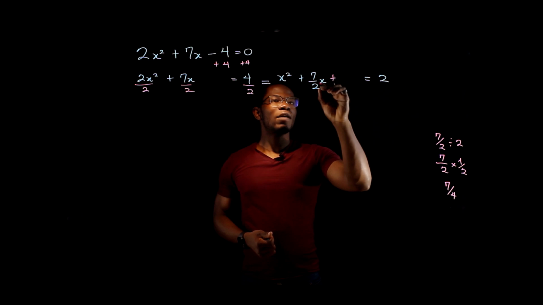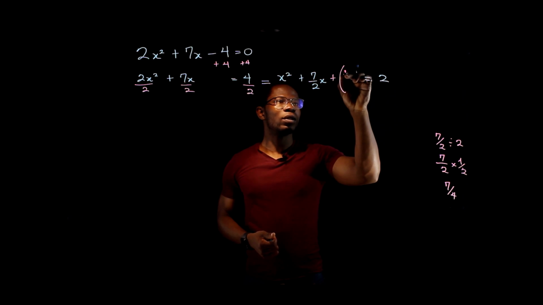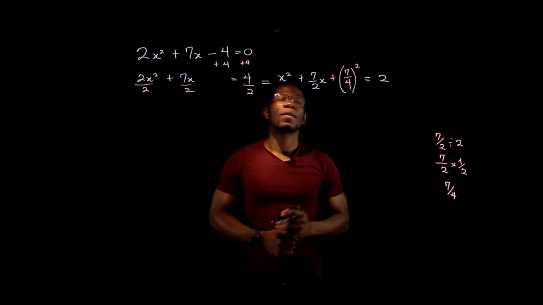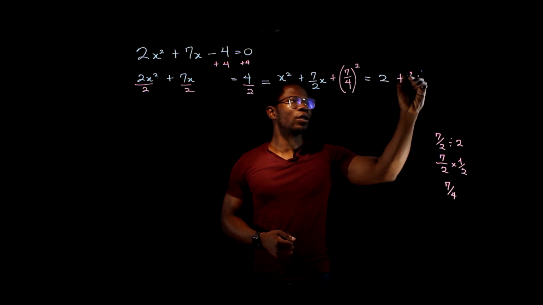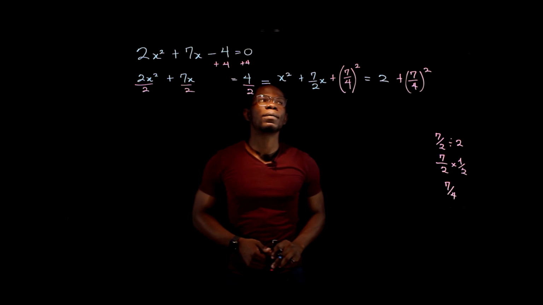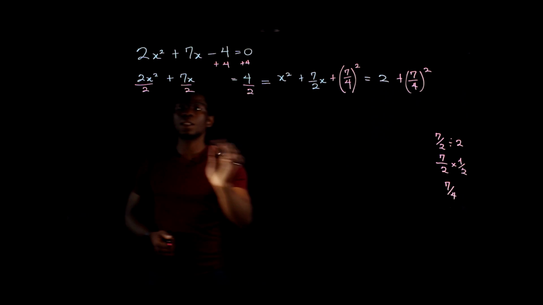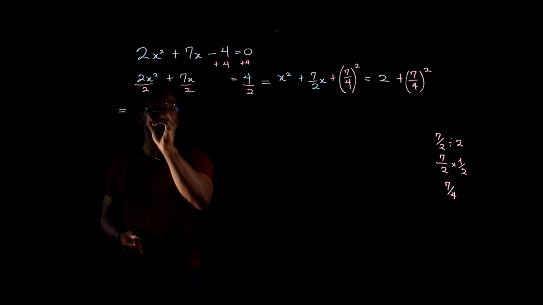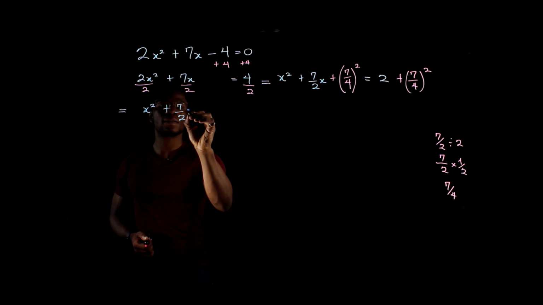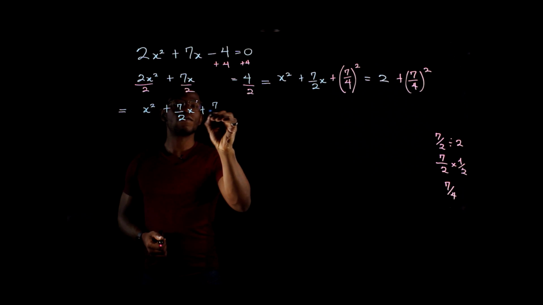So 7 over 2 divided by 2 results in 7 over 4 squared. And we add that to both sides of our equation, 7 over 4 squared. So our equation then becomes x squared plus 7 over 2 x plus 7 over 4 squared